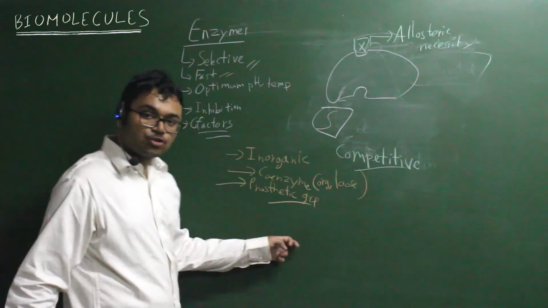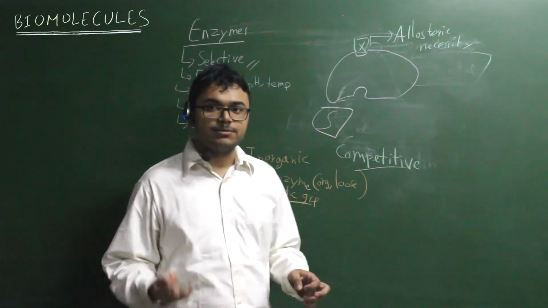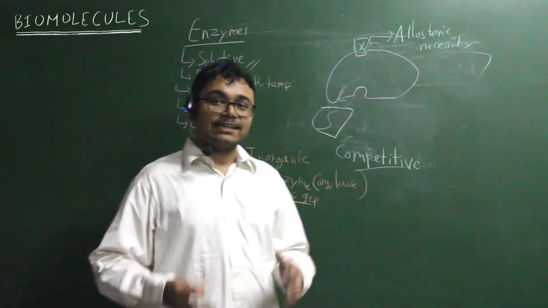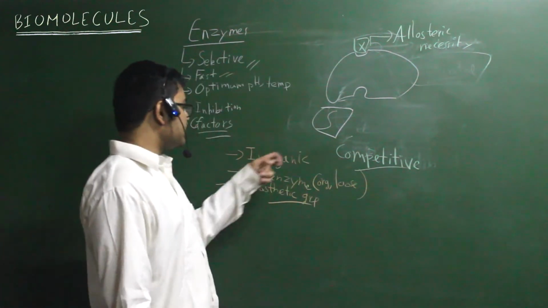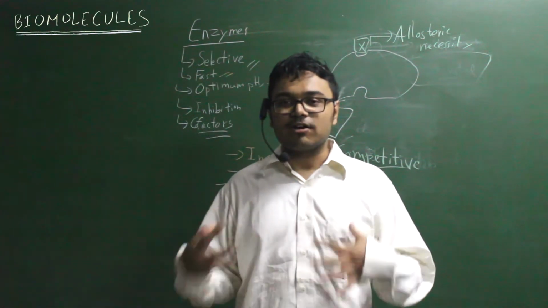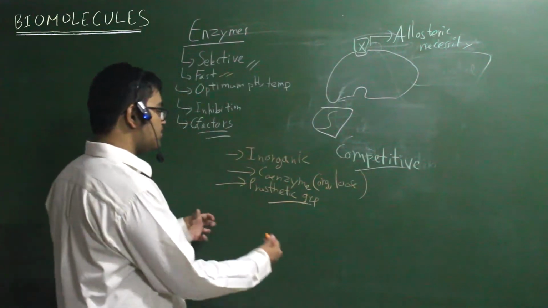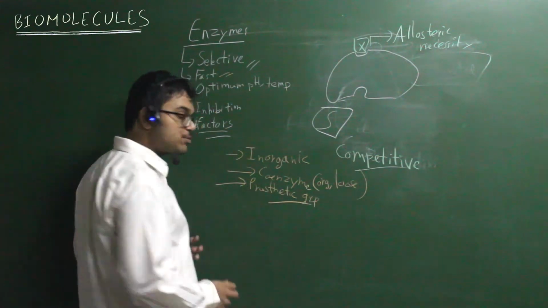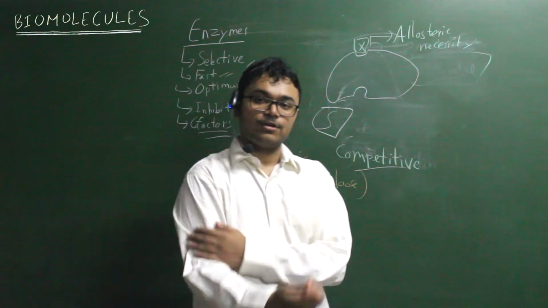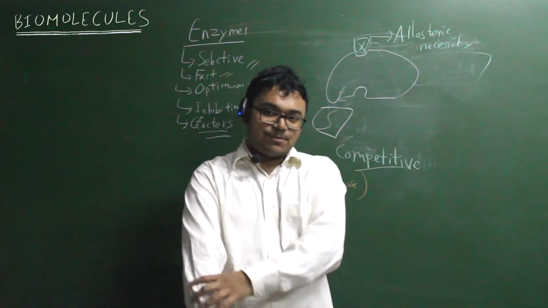One example of a prosthetic group, albeit not for an enzyme but for an ordinary protein, is the heme group we discussed earlier, which is part of hemoglobin. And that heme group itself is coordinate bonded to an ion, which is an inorganic cofactor. So we already have these two different companions to a protein. Hemoglobin is not an enzyme, but it is still a very good example of what this means. I hope you understand what I mean by prosthetic group, like a prosthetic limb. If you happen to lose your arm, say in war, and you have a prosthetic limb attached,